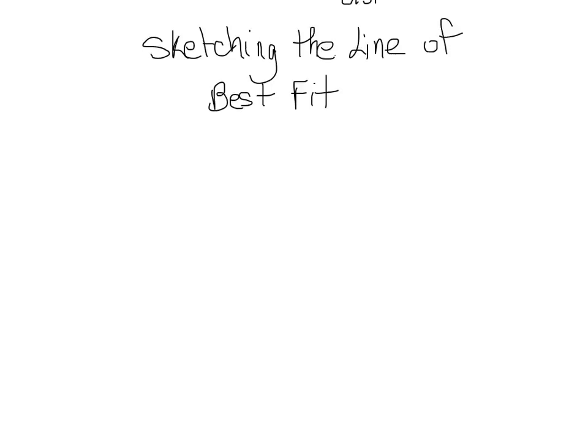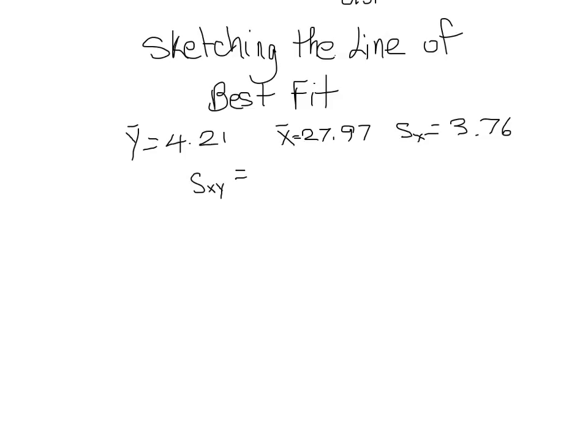In our last video, we were given some values. We were given that the mean of y was 4.21. We were given that the mean of x was 27.97. We also were given that the standard deviation of x was 3.76. And finally, we were given that the covariance SXY value was negative 2.15. We were then asked to find the equation of the line of best fit, and we used this equation